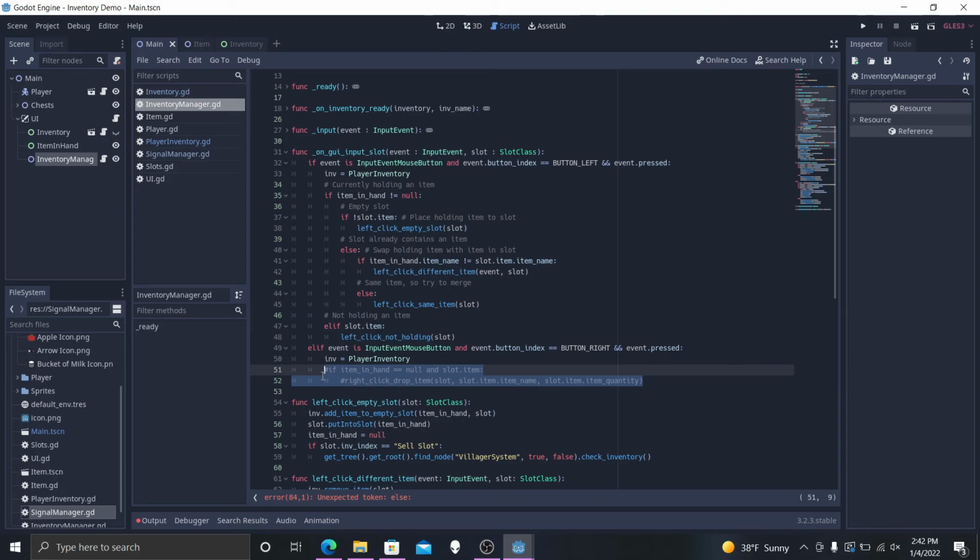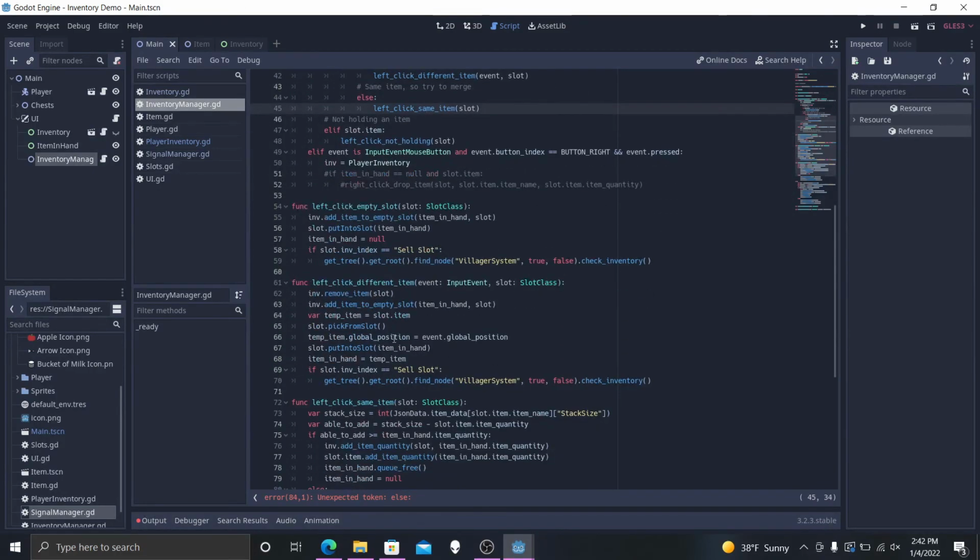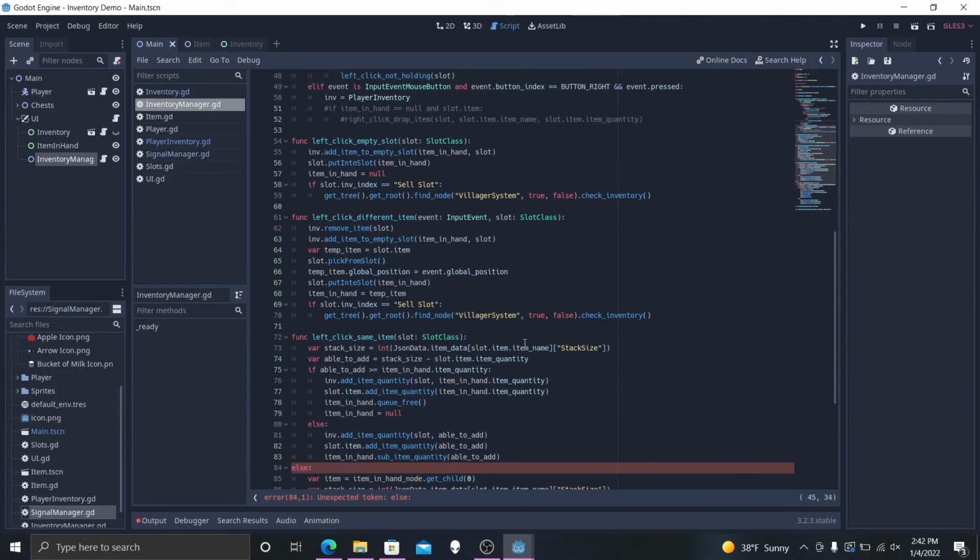So what I've done is right click. If you right click an item and you don't have an item in hand, then this function will operate. And so I have an inv equals player inventory. That's the Autoload, and that tells us to actually access that. And down here, I'm not going to run through these because some of them,